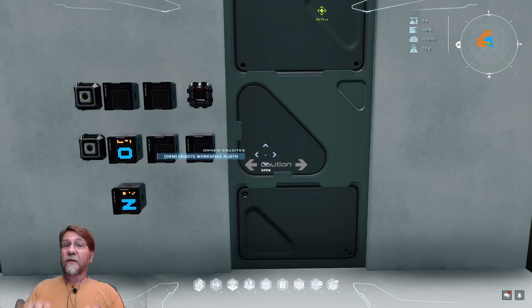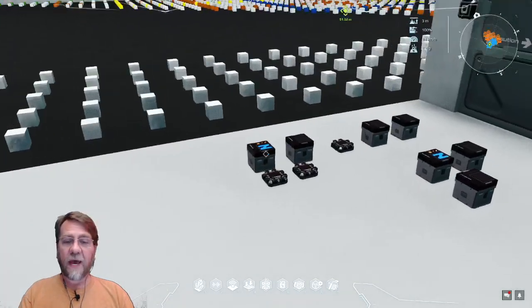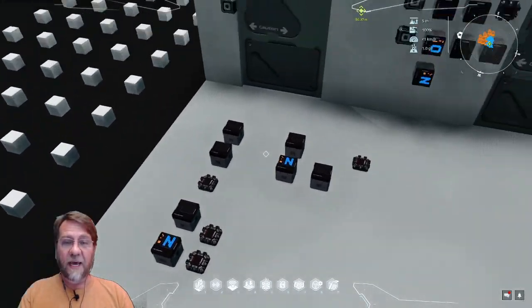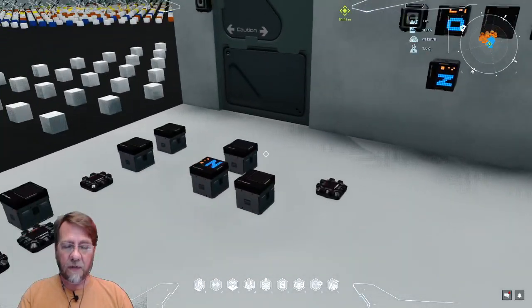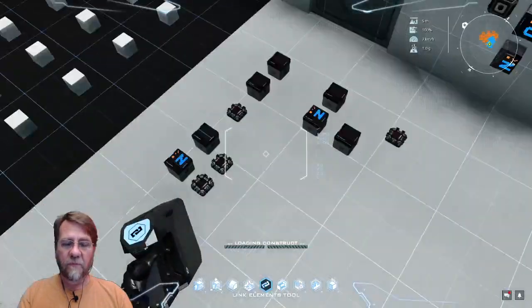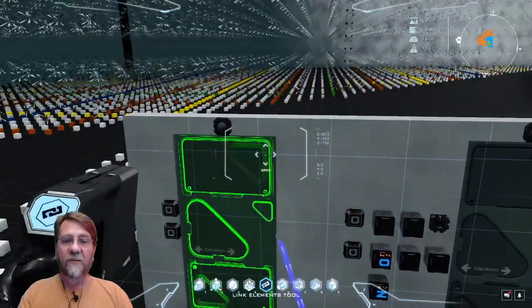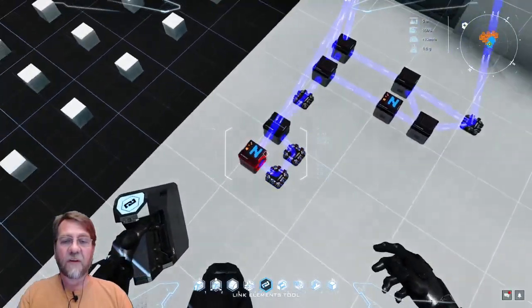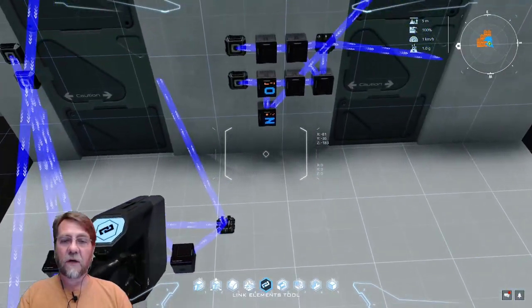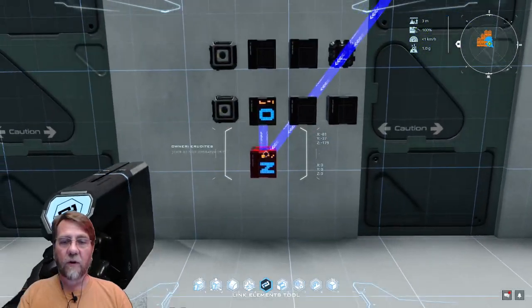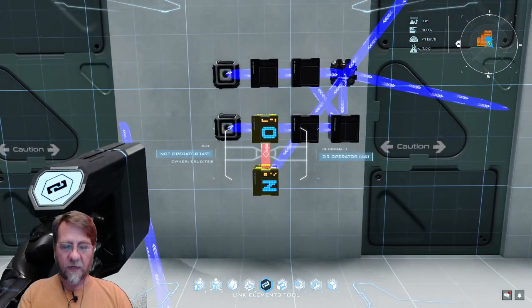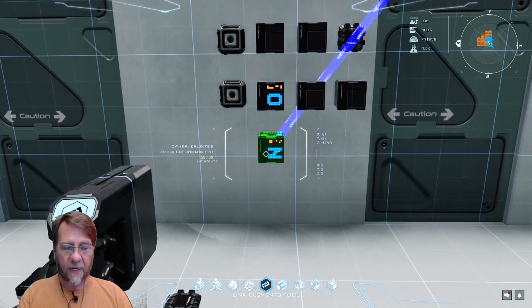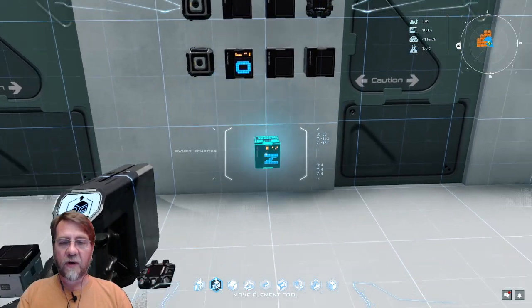So we need to be both in the space and out of the space simultaneously, okay? Well, we can do that. The way that I did that is by having the rest of these pieces here. So basically we're still going from this to the NOT, right? But the NOT doesn't automatically go to the OR anymore. So we're going to sever this connection right here. And we're going to say that when this triggers,